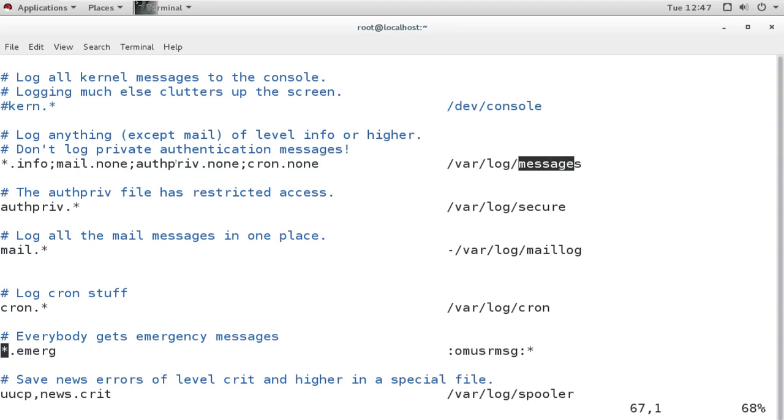The same goes for the authpriv facility with none, meaning authentication and security related messages will not go to this file. Again for the cron facility, no priority, so no cron messages will go to this file.